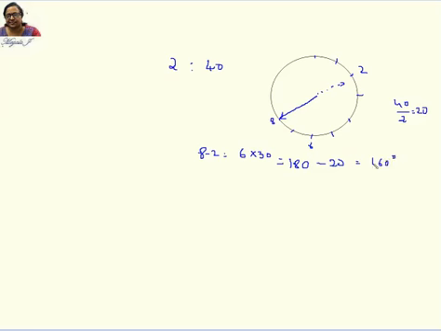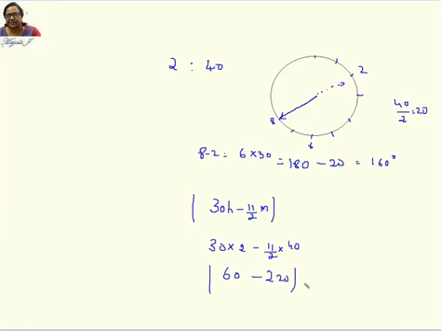160 degrees. You can also apply the formula and check. 30H minus 11M. Apply this and see here. 30 into 2 minus 11 by 2 into 40. So this is 60 minus, how much is this? 220. And modulus, so it doesn't matter. It will be 160. Though the formula is easy, this way also I can do it. Okay, fine? The next concept which I have to tell you is